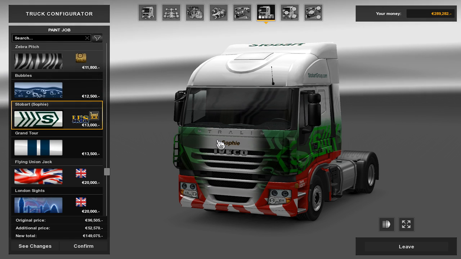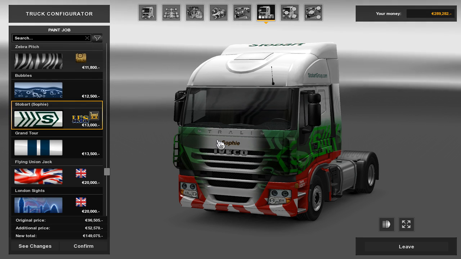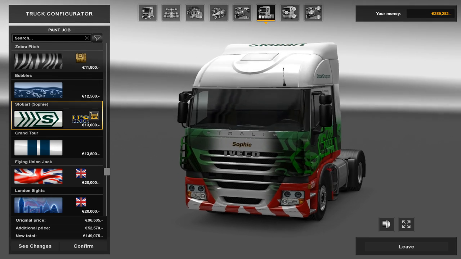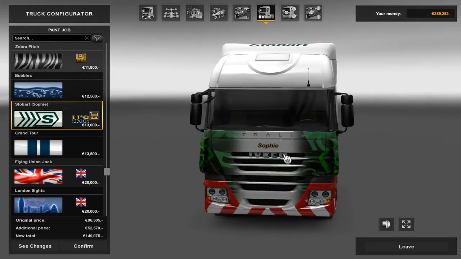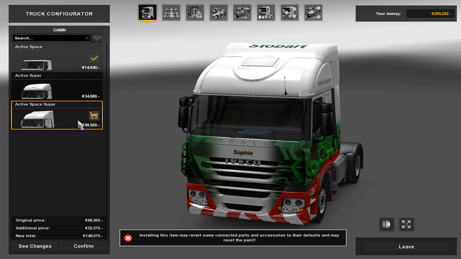Of course, Eddie Stobart is a fantastic English company, and I thought, meh, why not? And then I thought, well, actually, what we should really do is do our own Peppermint Trucking livery. So that's what we're going to do. So I'm going to go with the